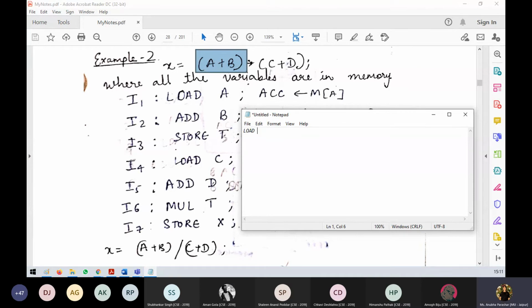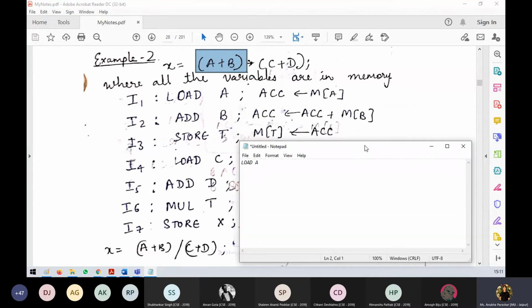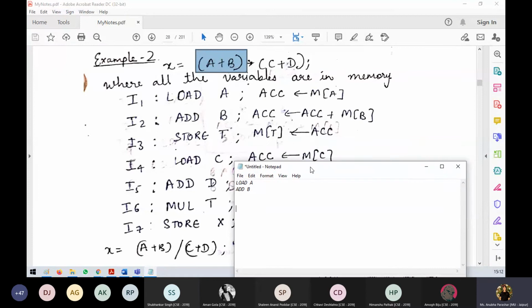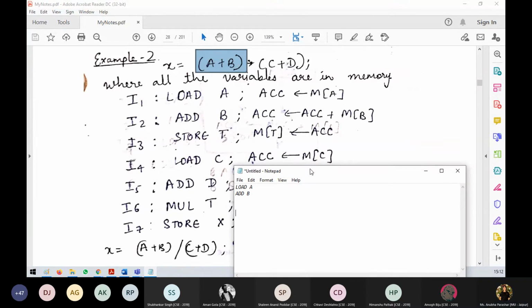What we are trying to do is, see, you are saying load A. This is fine with you, right? Then you say add. So I'll take, okay, we have time, right? Great. So add B. This is fine. Then you are saying don't store it anywhere. Don't store in the temporary register, right? That's what you are saying. Then you are saying you can perform load C. Is that what you are saying, right?